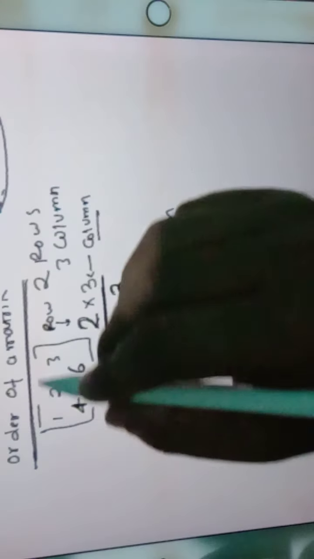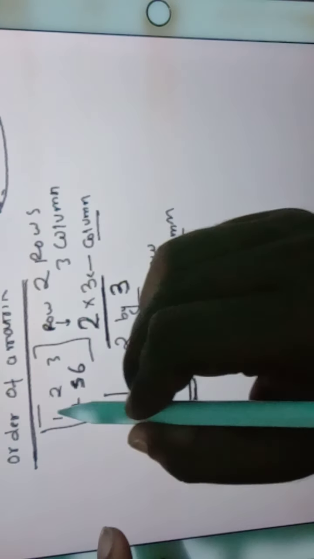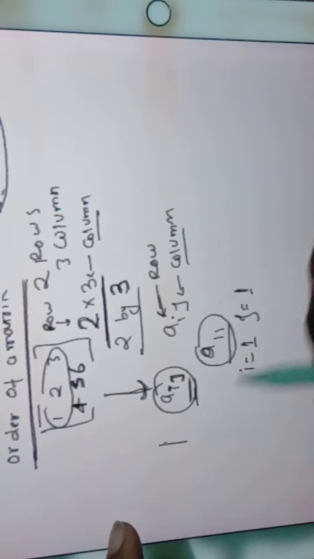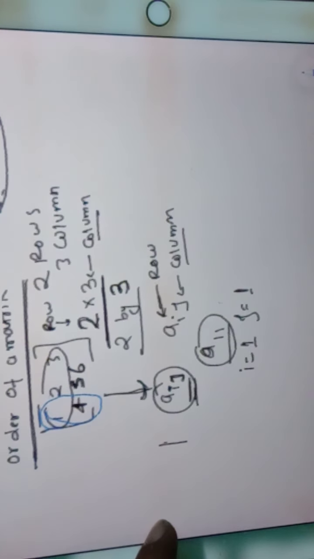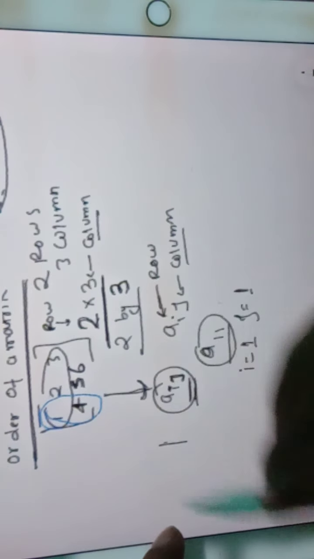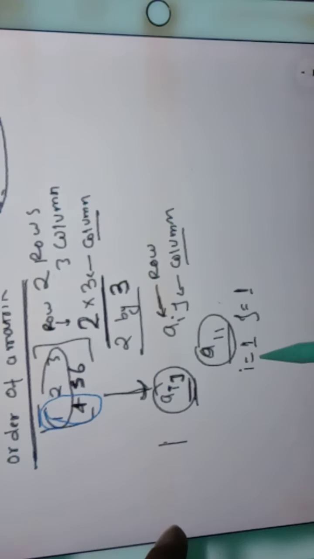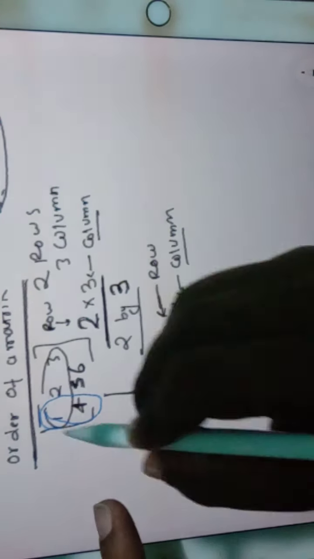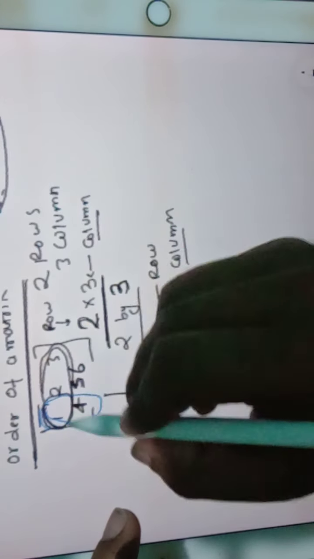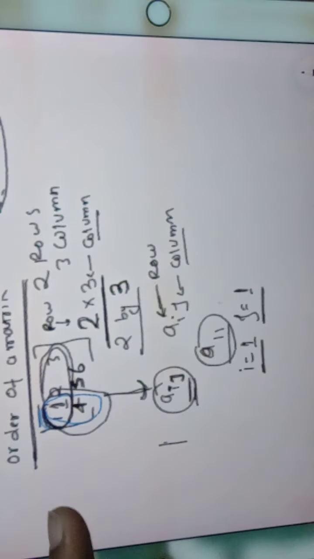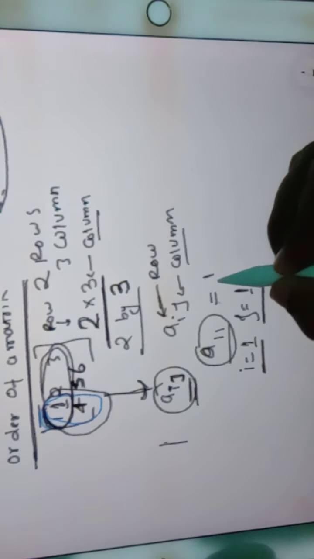If we go above and see the matrix, what is the first row? The first row is this one. And what is the first column? The first column is this one. Okay, clear? Here the element is 1, row is first and column is also first, the element which is included in both this row and this column, that is 1. So A11 is equal to 1.